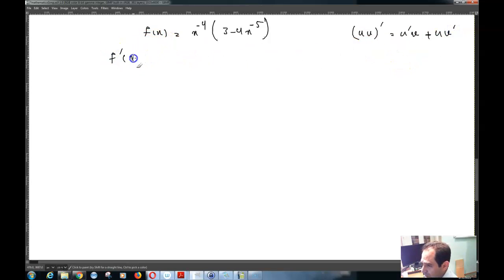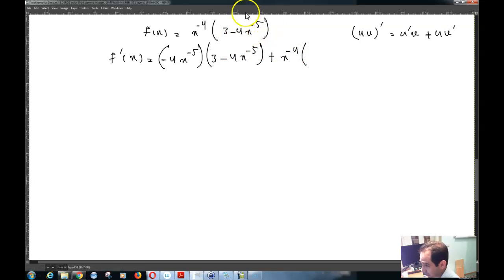So f prime of x is equal to the derivative of this, which is equal to negative 4x raised to the power negative 5 times this function, which is 3 minus 4x raised to the power negative 5, plus this function, which is x raised to the power negative 4 times basically the derivative of this function, d by dx of 3 minus 4x raised to the power negative 5,